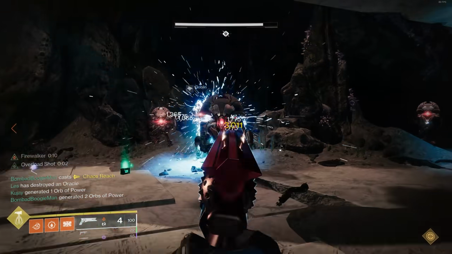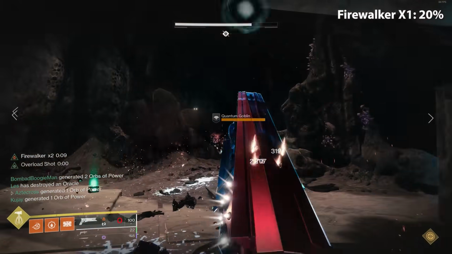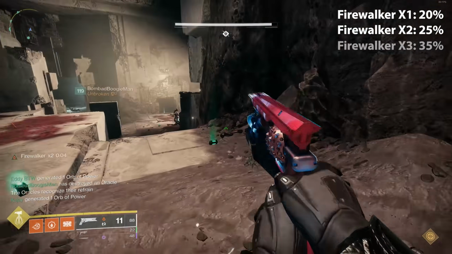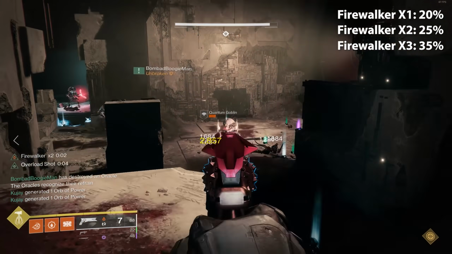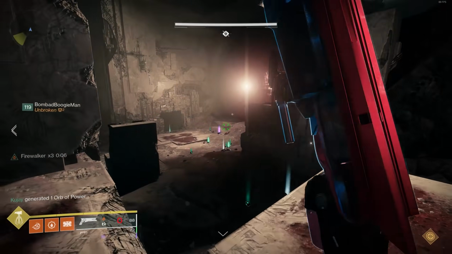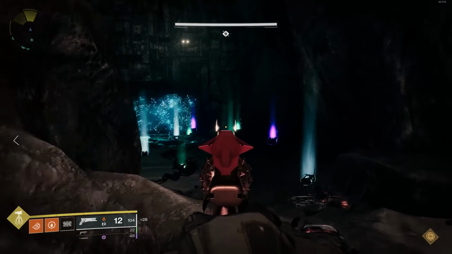Firewalker gives us these nice, beautiful buffs right here. Essentially, at ×1, it increases our damage about 20%. ×2, it increases about 25%. ×3, it actually caps out at 35%. And ×4, it still stays capped. But the beautiful thing about Firewalker is every consecutive kill that you get with your solar weapon will just continually